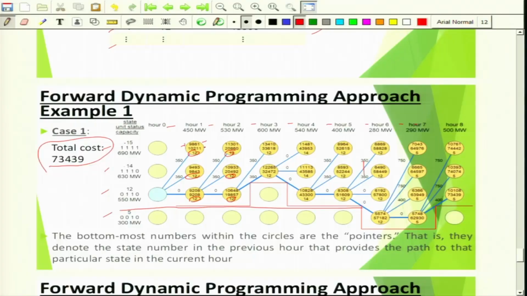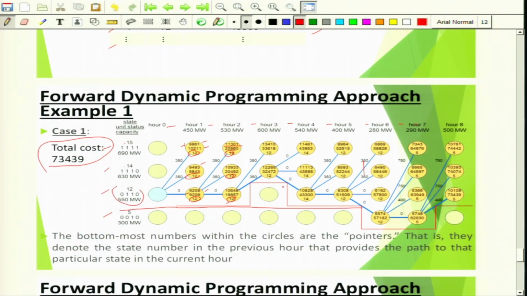So you see here among 3 circles in hour 1, you get the cheapest one as 9208. In the second hour you see that 11301 is the total cost for the 15th combination, 10933 is the total fuel cost of combination 14, and 10648 is the fuel cost of combination 12. That means you are freezing 12. Then moving forward at hour 3, you see here